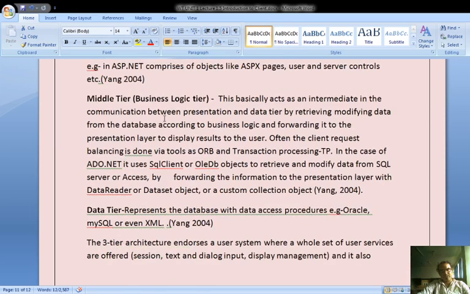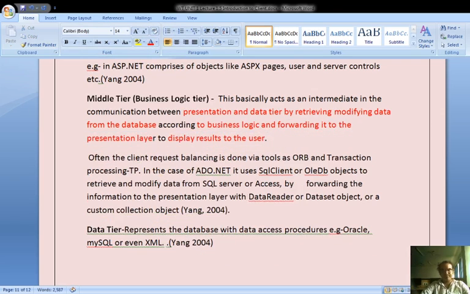The middle tier business logic basically acts as the intermediary in the communication between presentation and data tier, by retrieving and modifying data from the database according to business logic and forwarding it to the presentation layer to display results to the users. Often the client request balancing is done via tools or via pure transaction processing.